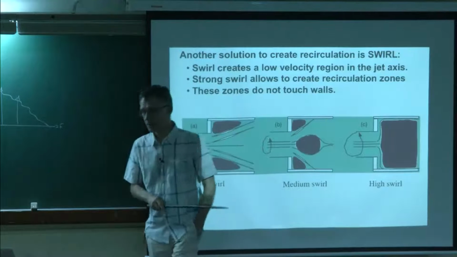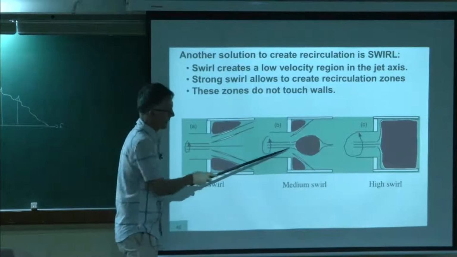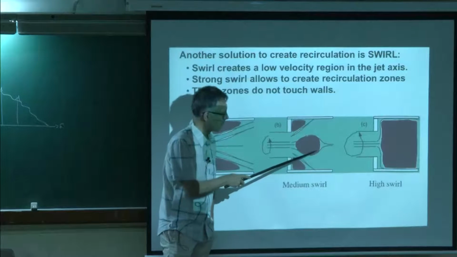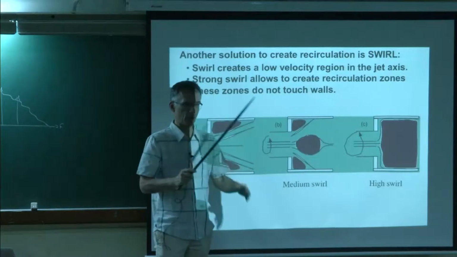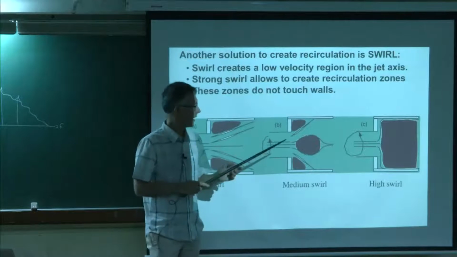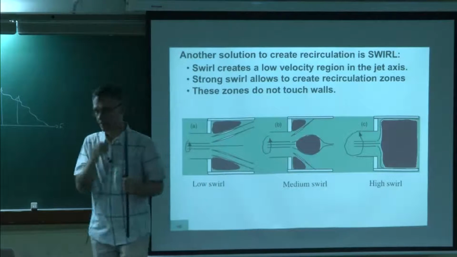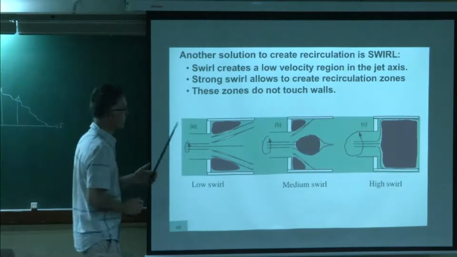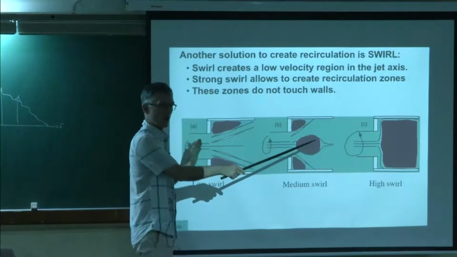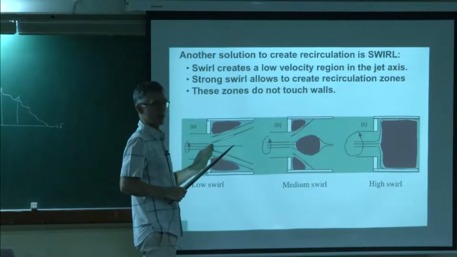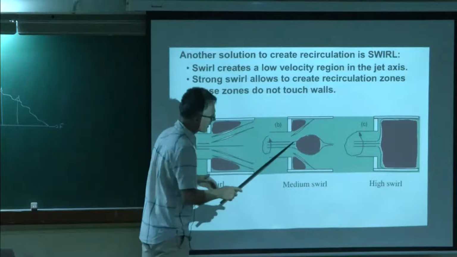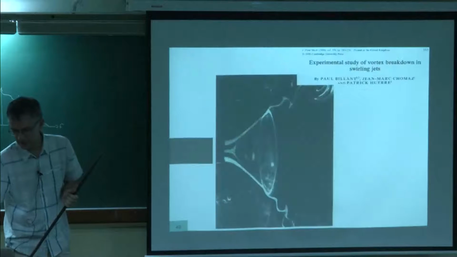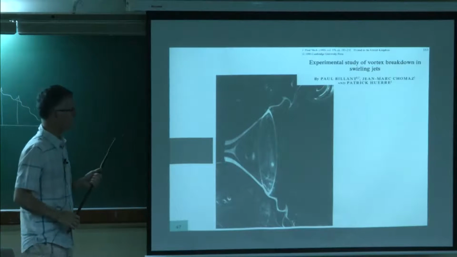And so this situation, especially this one, is very interesting for combustion, because here you can trap your burned gases in the middle of nowhere. They don't touch walls, and you can use that to stabilize the flame. That's a very convenient way of going from flames which would be 1 meter long to a flame which will be 10 centimeters long, because it will be compact and confined in this zone and stabilized by the recirculating gases. So this is a visualization of a swirl jet.